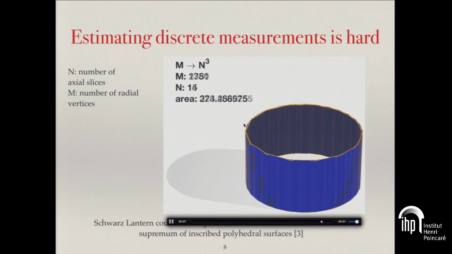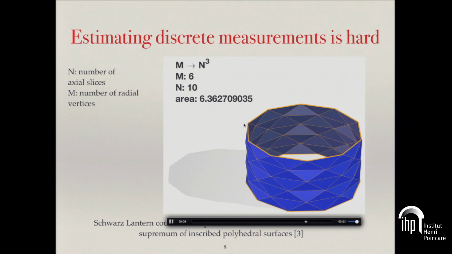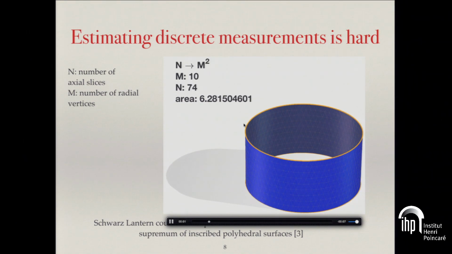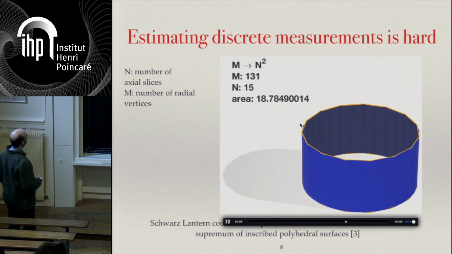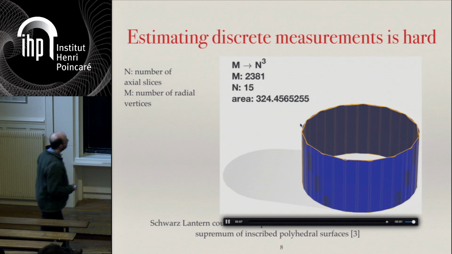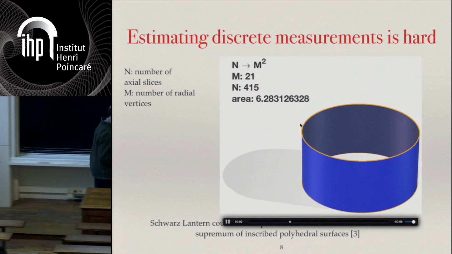Okay, so if we discretize this really simple object in the right way, we get 2 pi as the surface, which is what we want. But if we do it poorly, they estimate balloons. It's a very well-known example that was described in the 19th century, so it's not novel at all. And it's a counterexample to the well-known property of